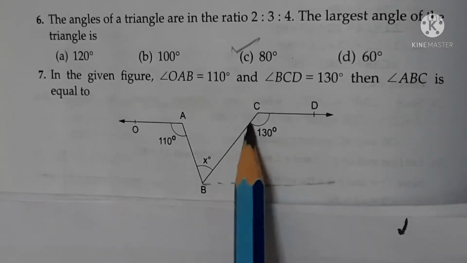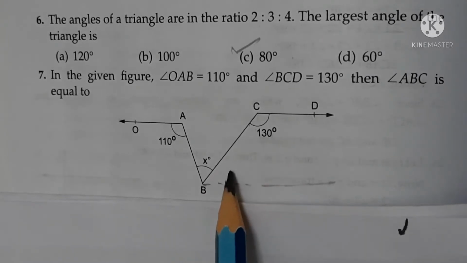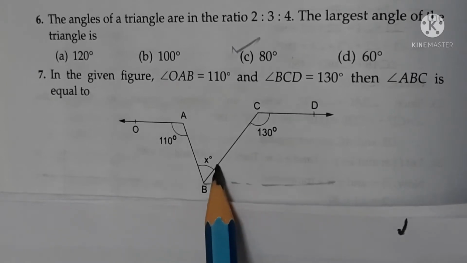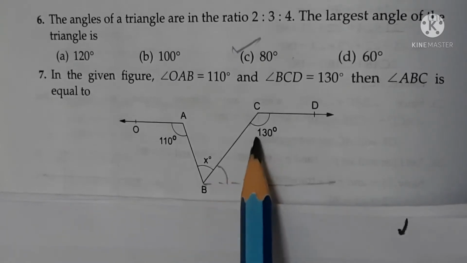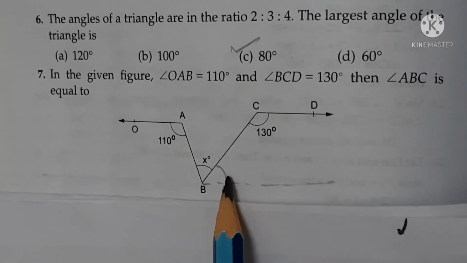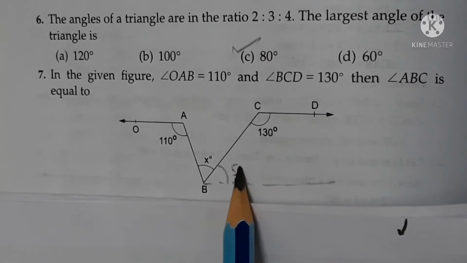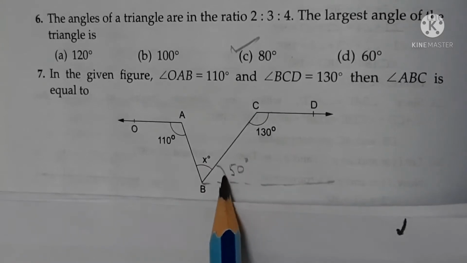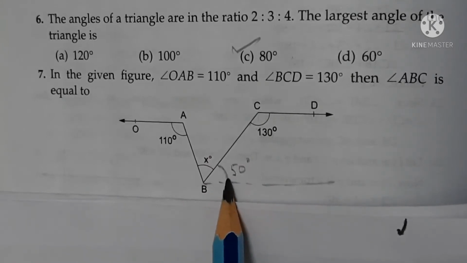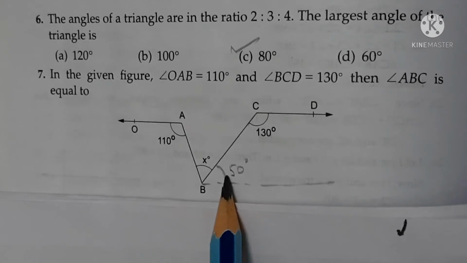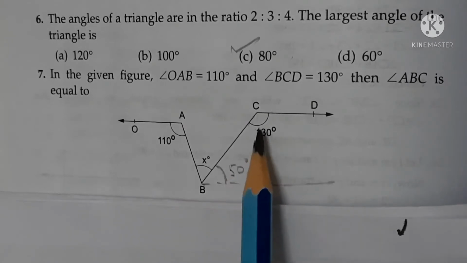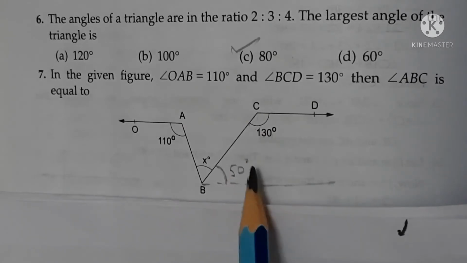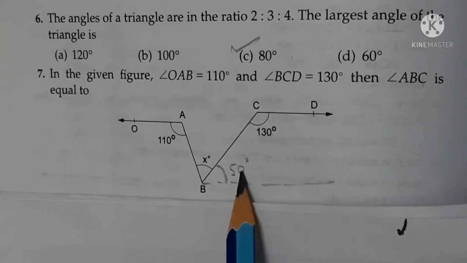So these two are co-interior angles. The sum of co-interior angles will be 180 degree. It means this is 130, this becomes 50 degree. 180 minus 130, so you will get this angle, this part of the pair of co-interior angles, which becomes 180 degree sum. So this is 50 and